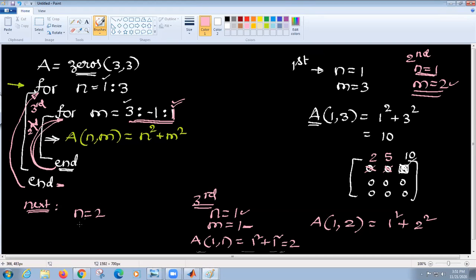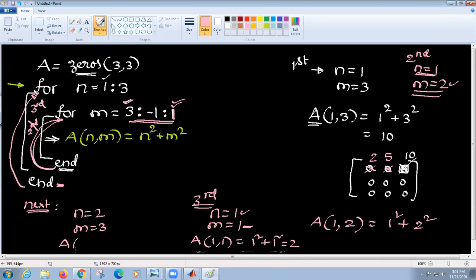3, sir. Yeah, sir. Very good. Now MATLAB will forget what m is now. MATLAB will never think like this. Already I verified m is equal to 3, 2, 1. MATLAB really doesn't help you like this. By default, MATLAB will treat this as a fresh statement, so it will start from this 3 again, m equal to 3.